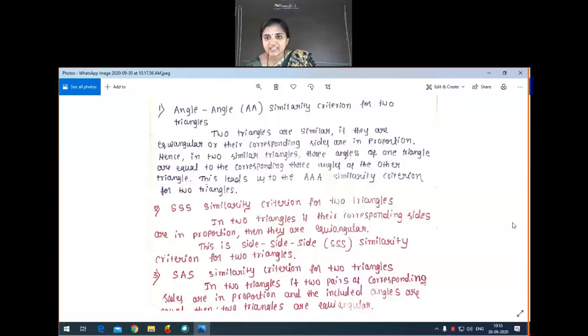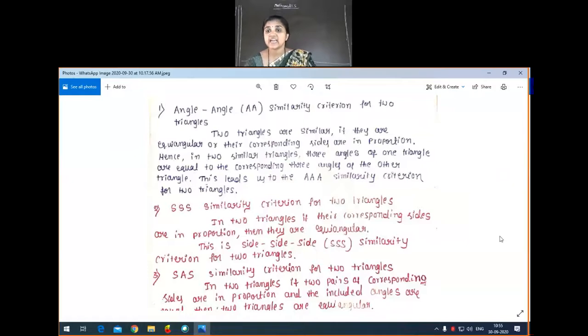Can we start the discussion? I have to explain the theorem two times, because one time I'll show it on the screen, and another time I'll use the board for the explanation. First, we'll finish the explanation on the screen. Once you try to understand, afterwards we'll discuss the theorem on the board. Is that clear, students? So this is our today's topic.